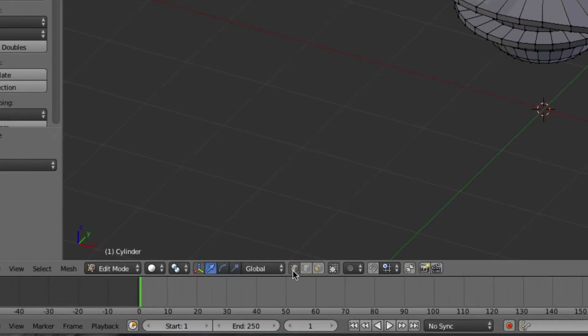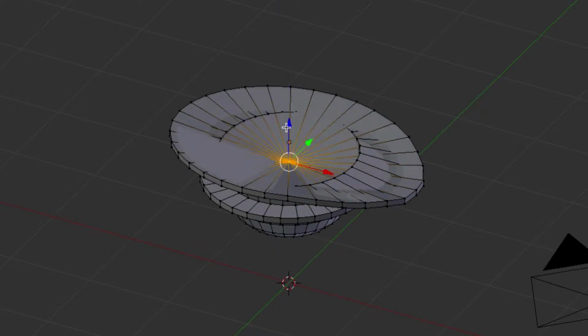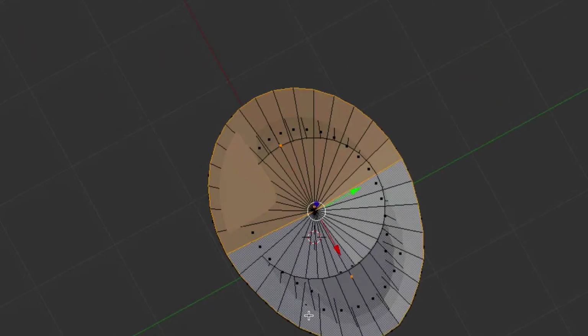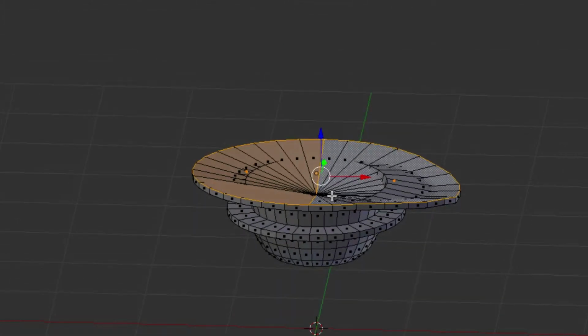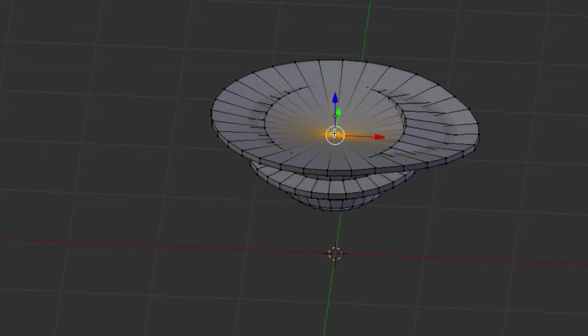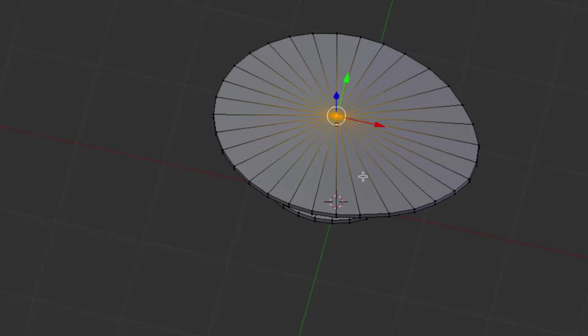and we're probably going to have to move that down a bit. Then in face select, we can select both of these faces. Those are the two faces that we had to start with. So hit X, delete those two faces, go back to vertices select, select this middle point here, and bring that up. And now we have a fully